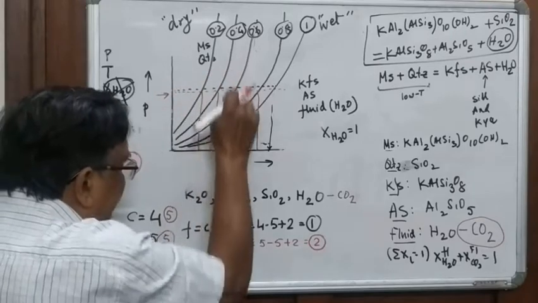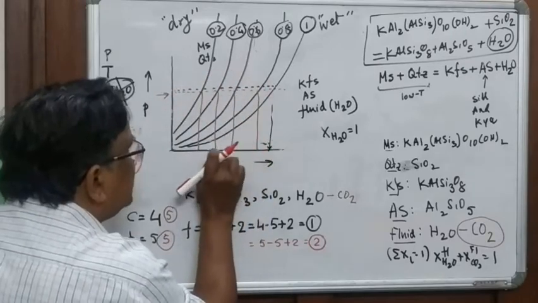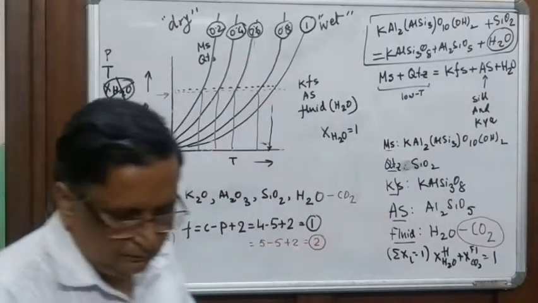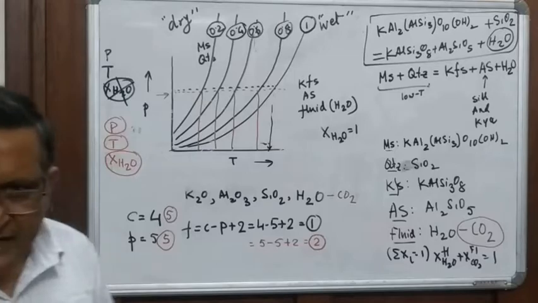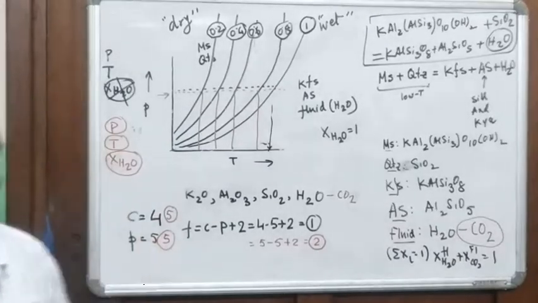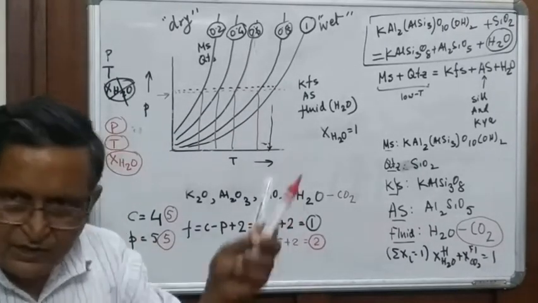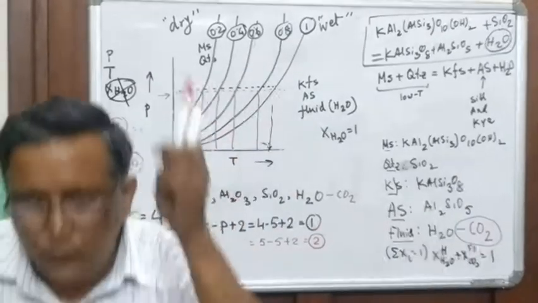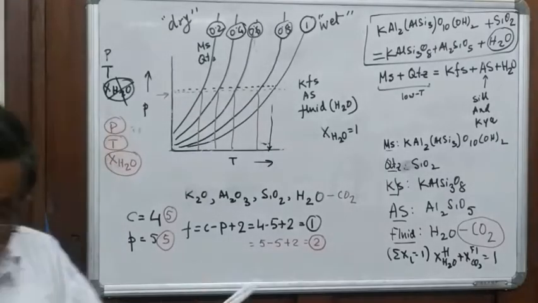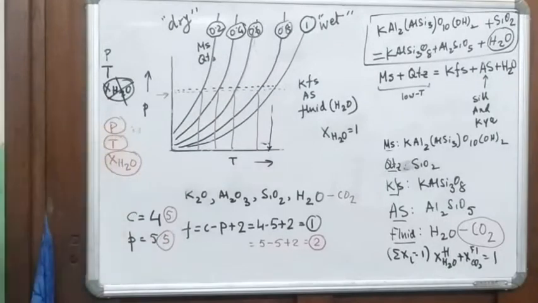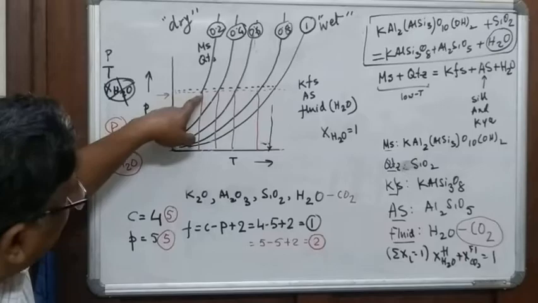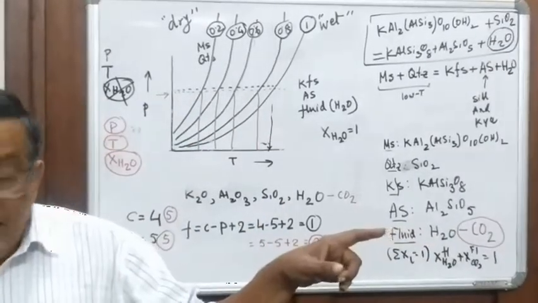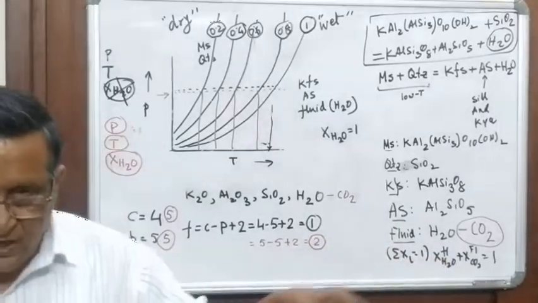So, if you have XH2O, then you get different temperatures. If you have different XH2O values, you have to assign which XH2O value you have. If you can assign an XH2O value, then you know your temperature. You assign the P value. One equation. You have assigned